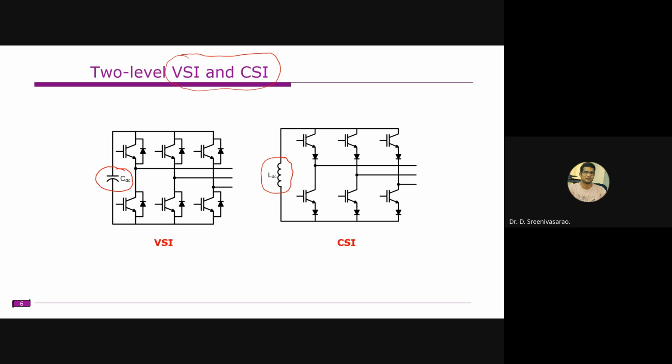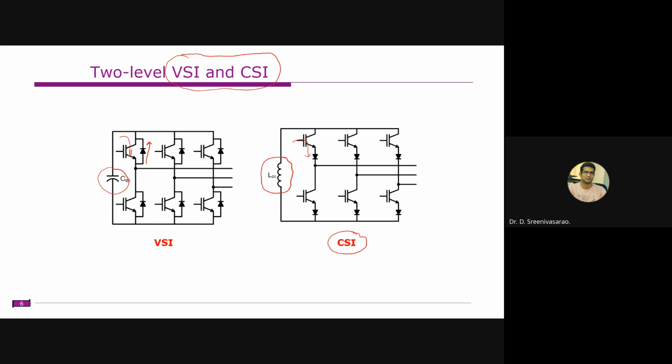Right. Another thing is that in case of voltage source inverter, switching losses are relatively less. Why? Because in this case, either the current will flow through the IGBT or MOSFET, or it will flow through the diode during the freewheeling time. Whereas here, every time the current will flow through both the switch as well as the diode. Therefore, we can expect that the losses are relatively high. So if you compare